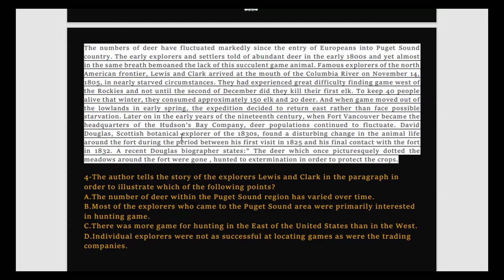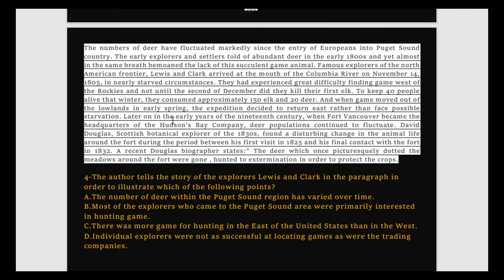They had experienced great difficulty finding game west of the Rockies, and not until the 2nd of December did they kill their first elk to keep 40 people alive that winter. They consumed approximately 150 elk and 20 deer, and when game moved out of the lowlands in early spring, the expedition decided to return east rather than face possible starvation. Okay,